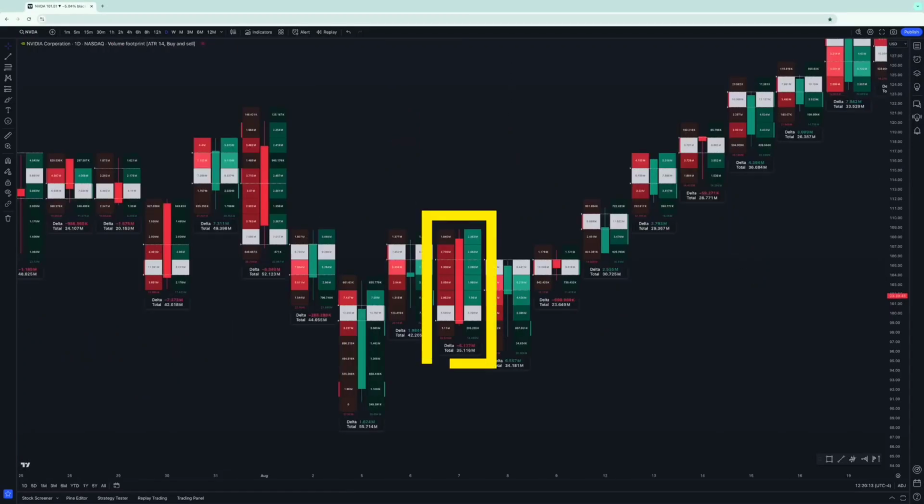When you combine price action with order flow, this is when your trading is taken to the next level. If you want to use the